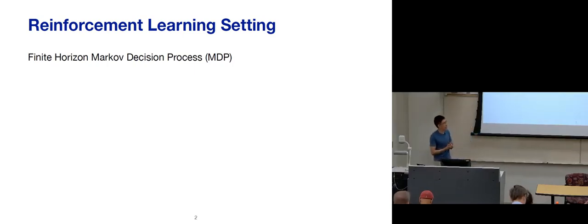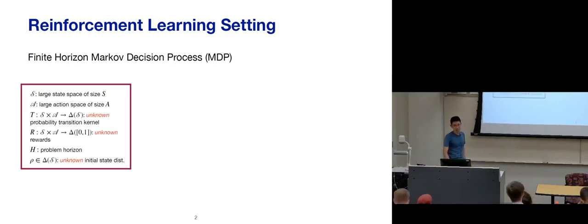Before coming to the details, let's first recap the reinforcement learning setting we considered. We considered a finite horizon Markov decision process, which consists of a six-element tuple: the state space, the action space, the transition model, the reward function, H, which denotes the horizon or the number of steps during the interactions with the environment, and rho, which denotes the initial state distribution. Among these, the transition model, the reward function, and the initial state distribution are all unknown to